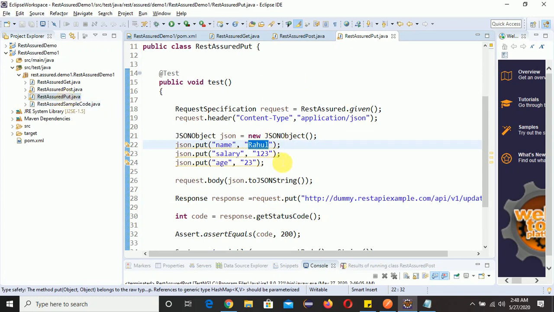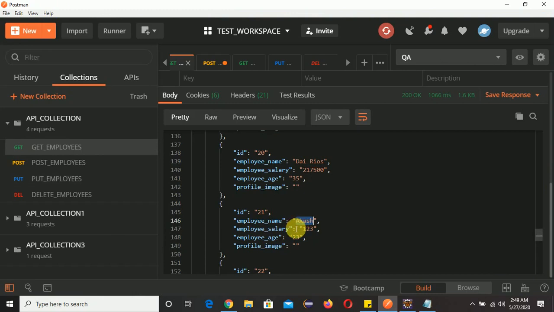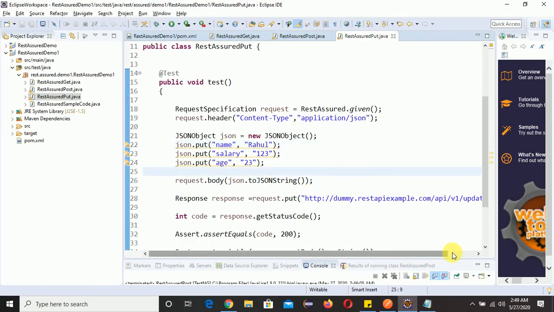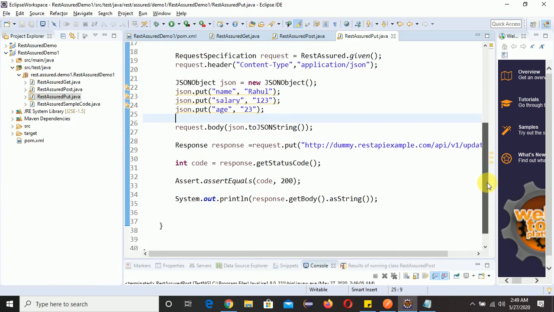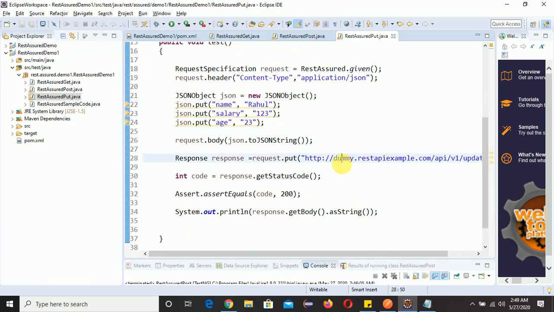So once we run this request, after getting the response we will see this employee name is changed to Rahul. So let me run once again this one. Control S.